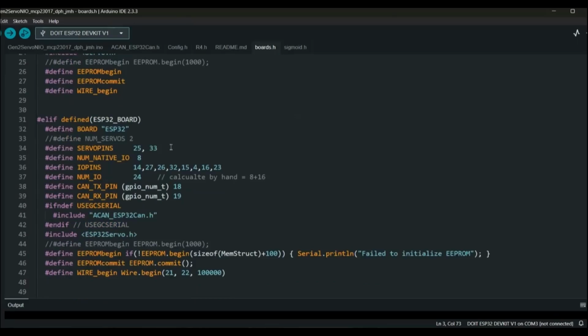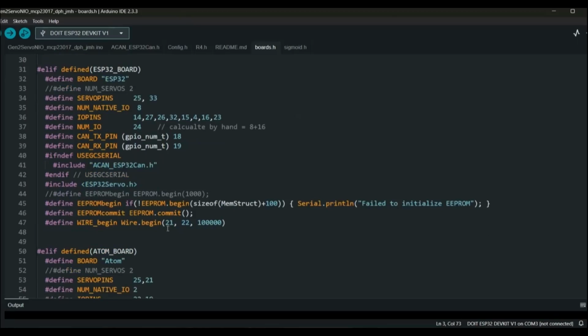where I found certain pins will work because we're allowed to change it from input or output once it's been loaded up. These are the pins we can use for the 8 native pins. So you have to realize pin 14 will be for the first one, 27, 26, 32, etc. Then this is where we said what pins we're using for the RX and TX. And then down here, this is the pins that we use for the I2C for the